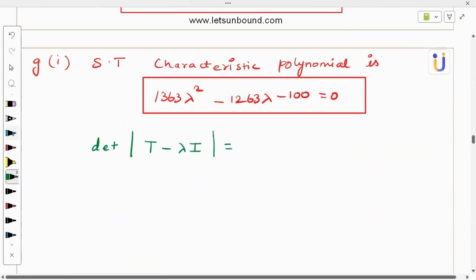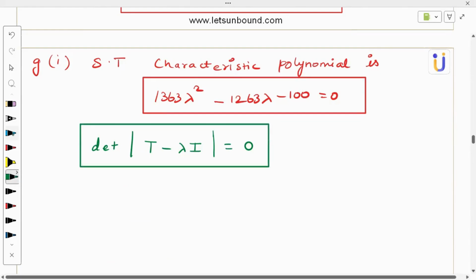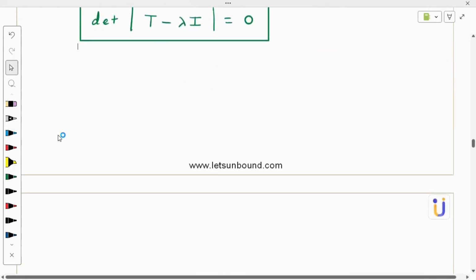We are working with T, so I put this equation, right? So I know my T, so I need to put it like this. And what is my T? 17/29, 12/29, 31/47, 16/47,